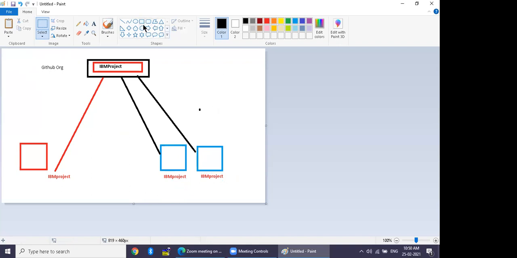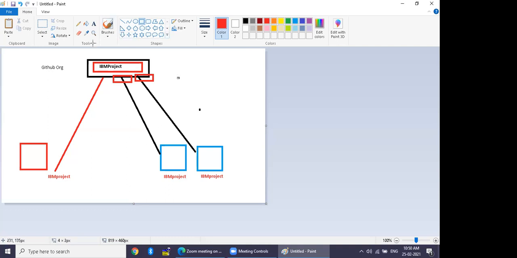So there is a feature available in Git which says that your repository will remain the same, no change in the repository, but you can create a logical division, and this logical division we call a branch. Each developer may create their own branch.